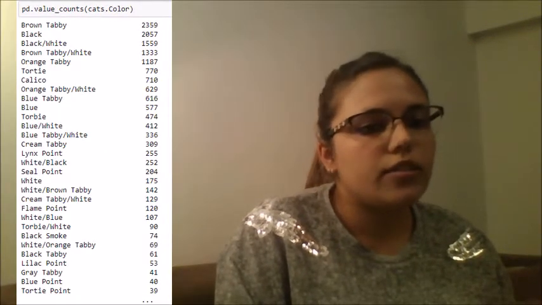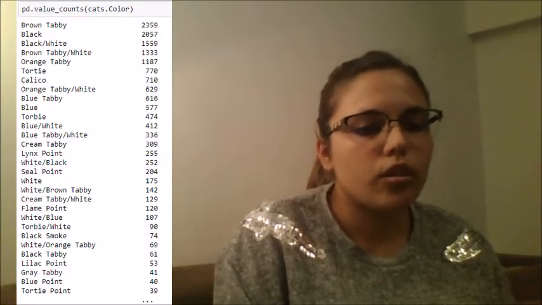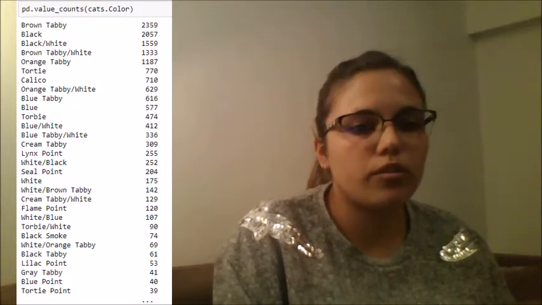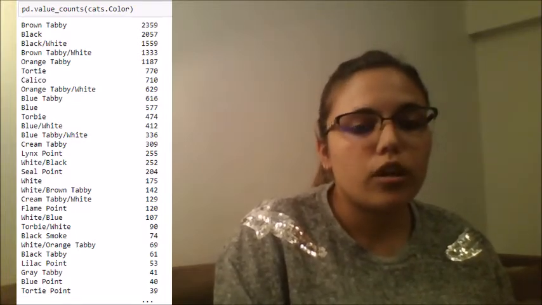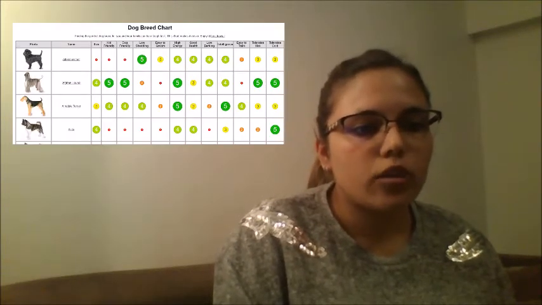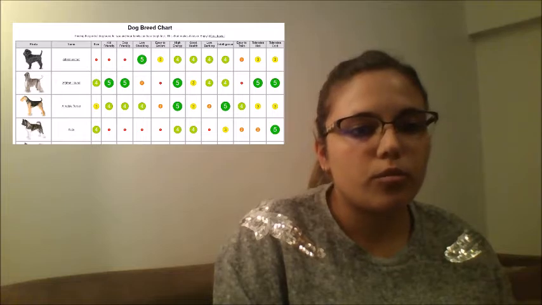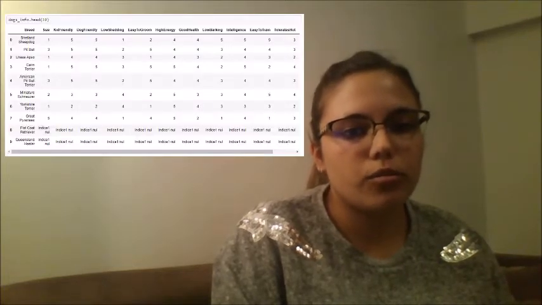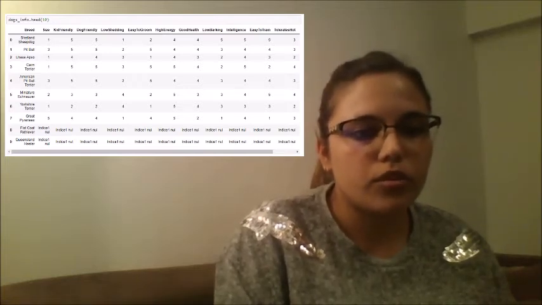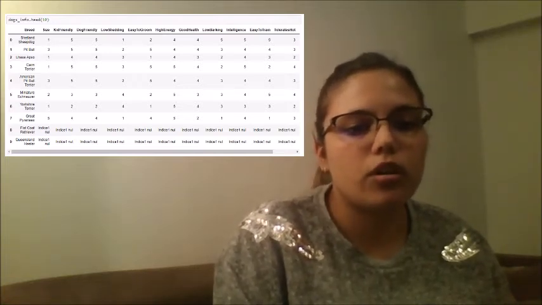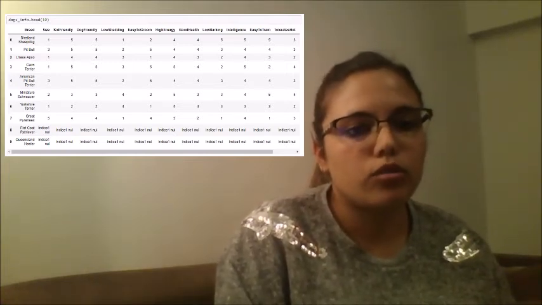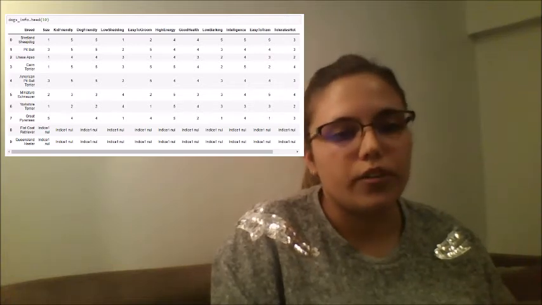Then for the color, I did the same thing. There were sometimes 2 colors, so I created 2 color columns, and I also created a binary column tabby because there were a lot of cats with this information in the color column. I tried to get information from a website about dogs, so we could have size, for example, and I succeeded in collecting the data in a data frame, but I failed to join it with our dataset because the names of the breeds weren't exactly the same, so the join failed.